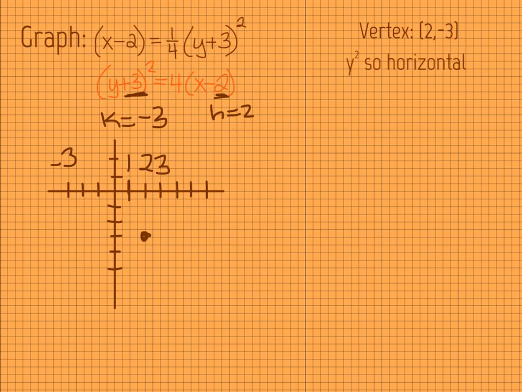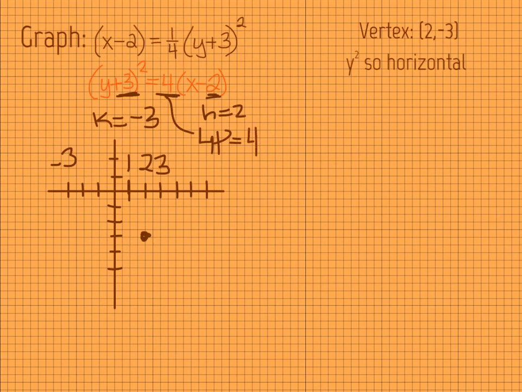And because p is a positive 4, right here, here's our p value, 4p equals 4. That makes p 1, and it's a positive 1, so positive number means it's going to open to the right. The focus is going to go 1 unit to the right because p is 1, so remember I'm counting double on mine, so 1 unit to the right is 2 grid lines on mine. So there's my focus,